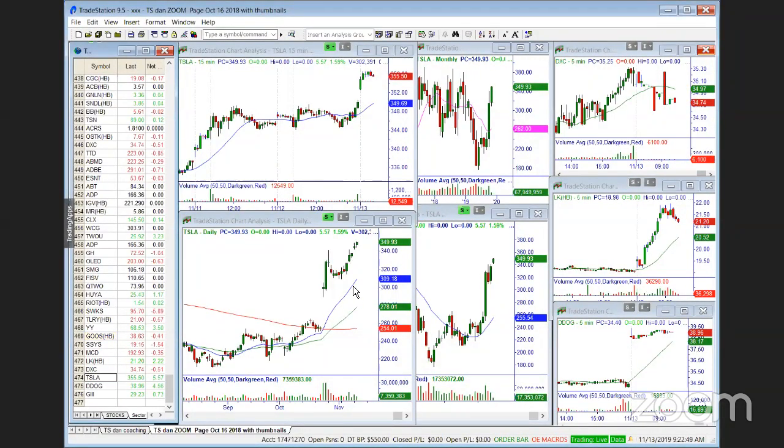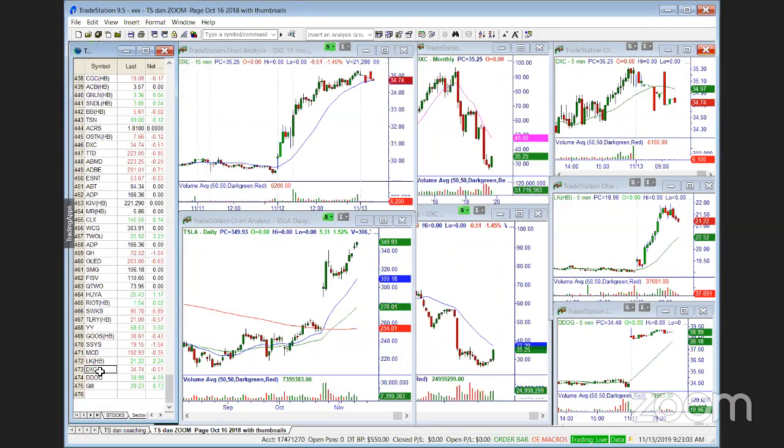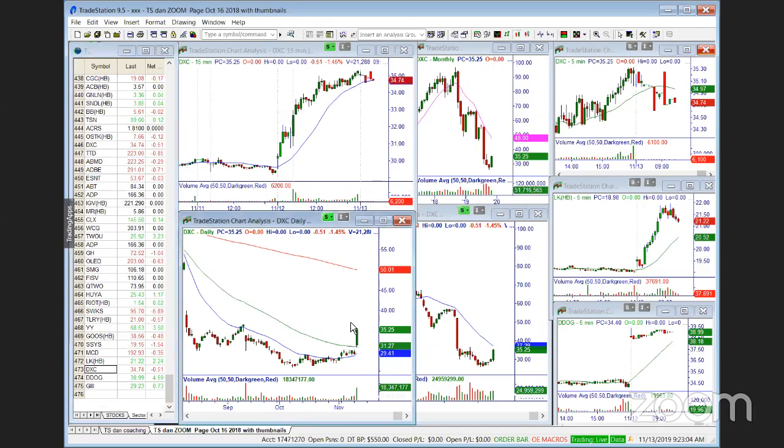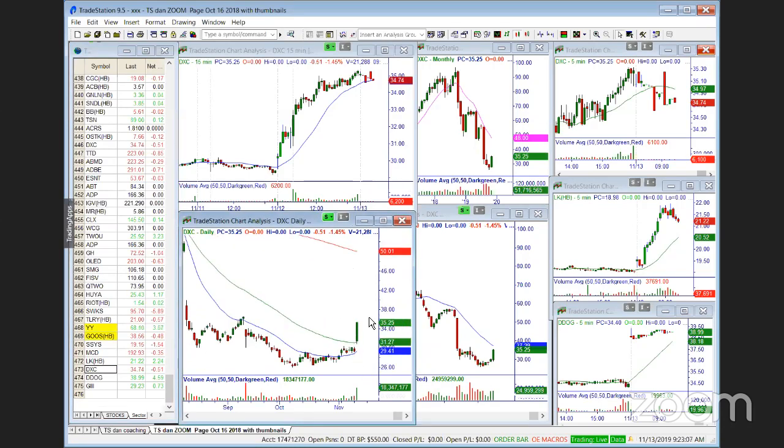Tesla, we did a beautiful put spread on this. That's a buy setup at 50%, 355. Nothing to do with it though. DXC is not really a gapper, but look, this is perfect actually. It's down 51 cents. This was my favorite gapping trade yesterday. If we get a 1, 2, 3, it still has room to 38 or so.